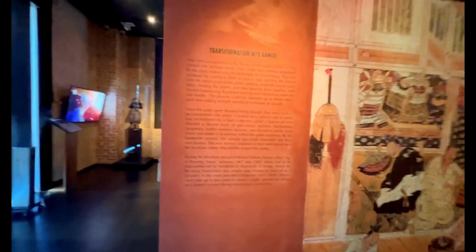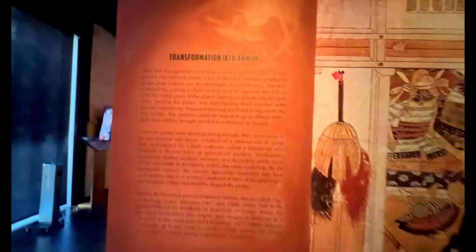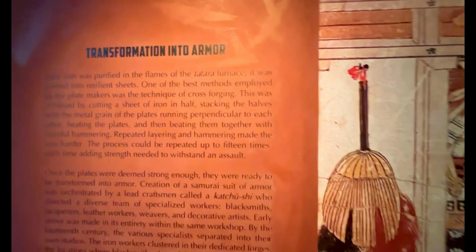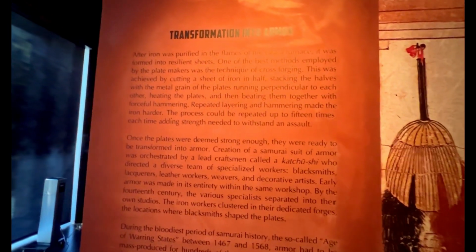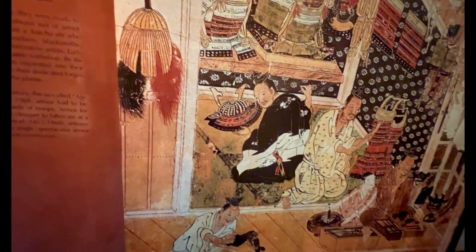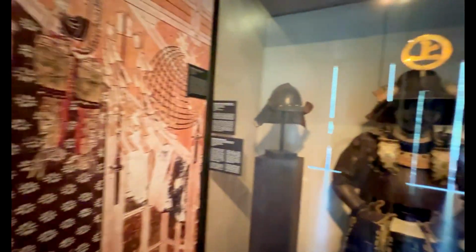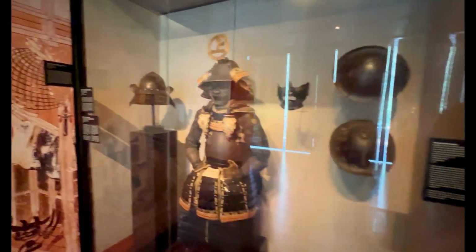I saw it before. Over here the wall is just full of art, explaining centuries and centuries of the fights, how things were made, stuff like that. And I thought that was pretty cool. So I stood there for a little while, read it and checked out the craftsmanship that they were doing. They were making swords. And here is just more